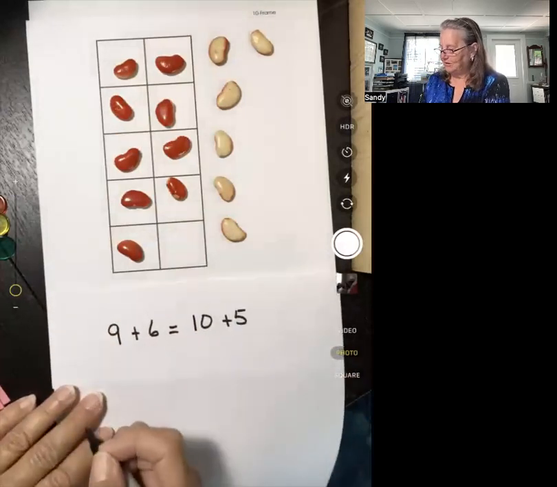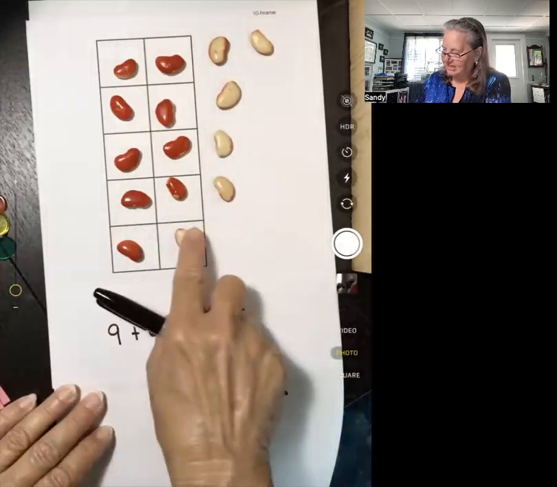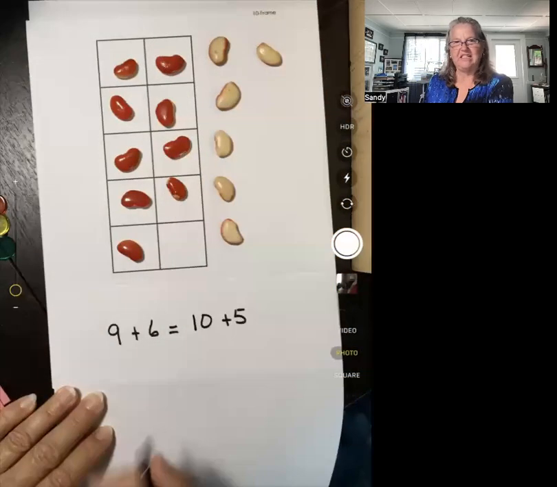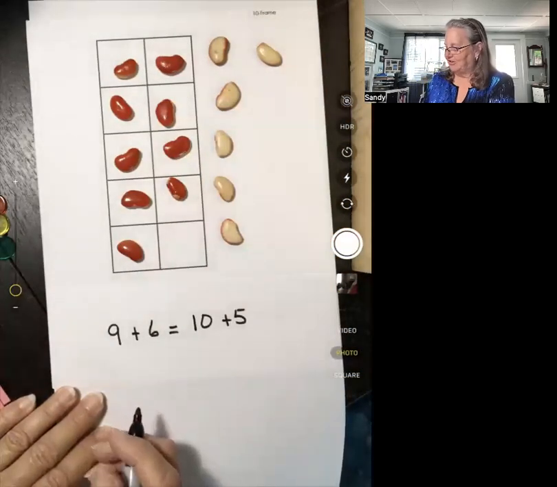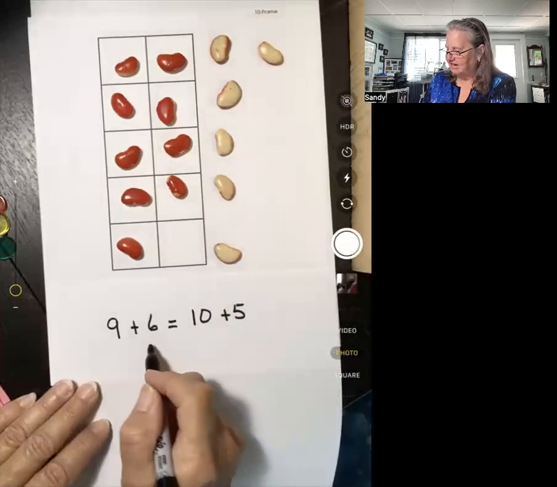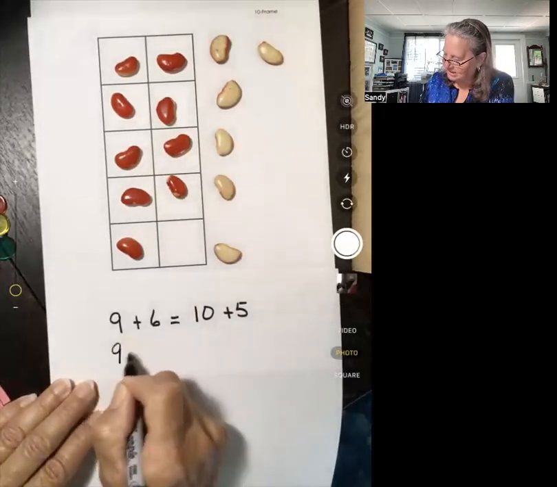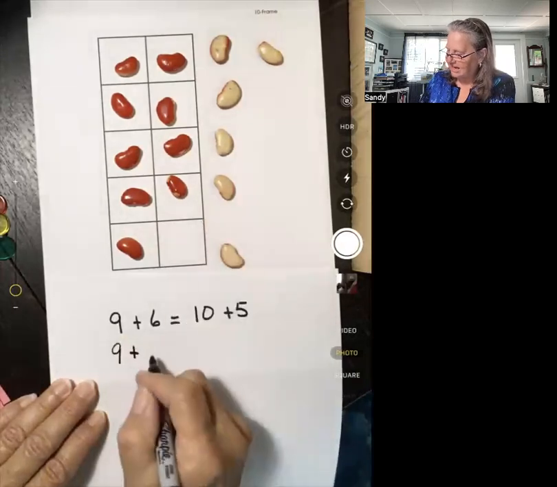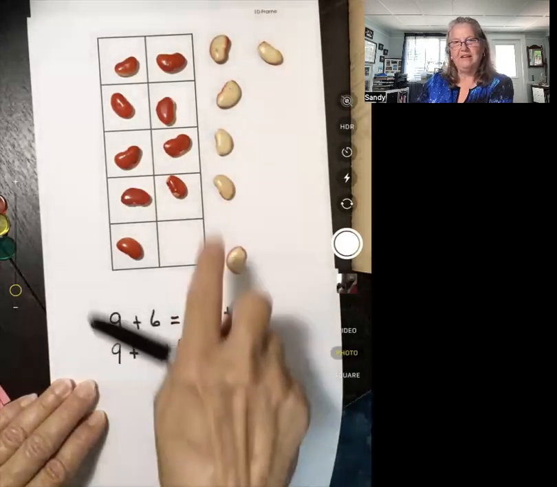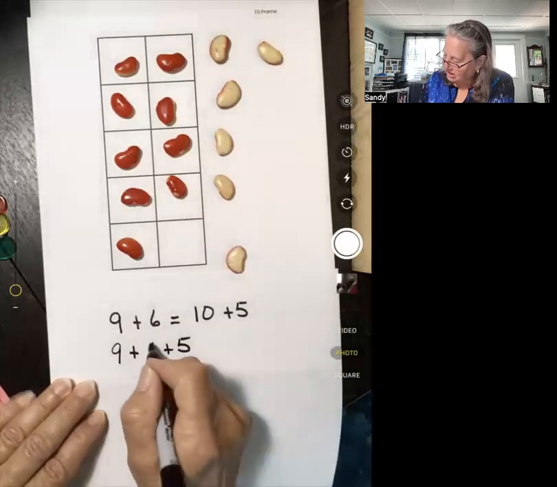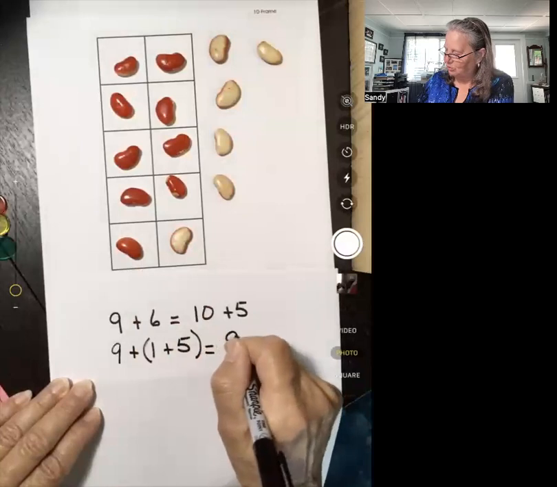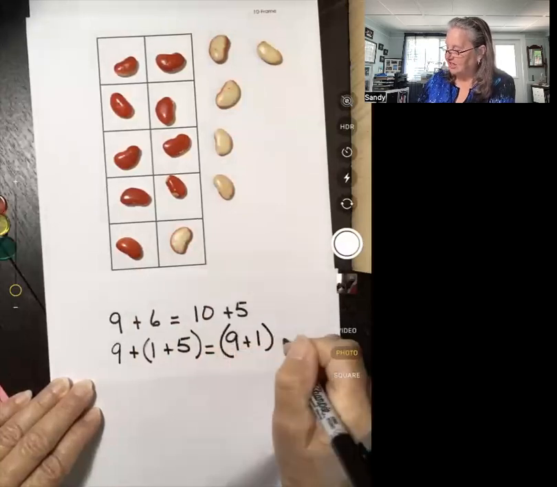Now, why this is important? See, when I move this one in, and it doesn't matter if I move this one in, I can move any of these beans in there to make 10. That doesn't matter. But essentially, what I'm doing is I'm thinking of this 6 right here. So I have the 9 plus 6, but I'm thinking of the 6 as 1 and 5. Right? I kind of split this off. So I've got 1 and 5. And the minute I move this in here, instead of associating the 1 with the 5, I associate the 1